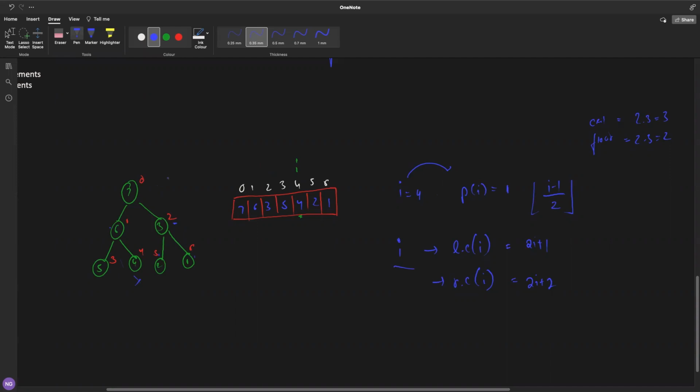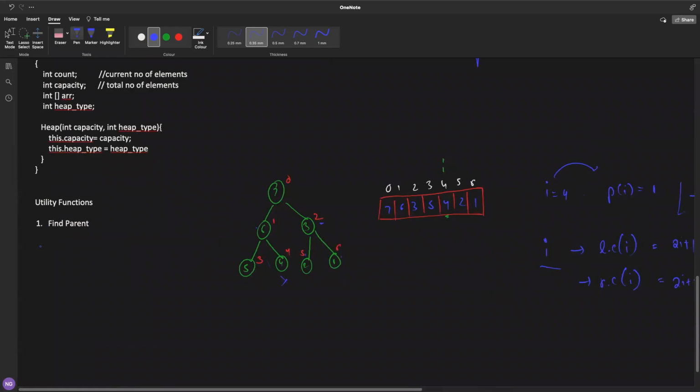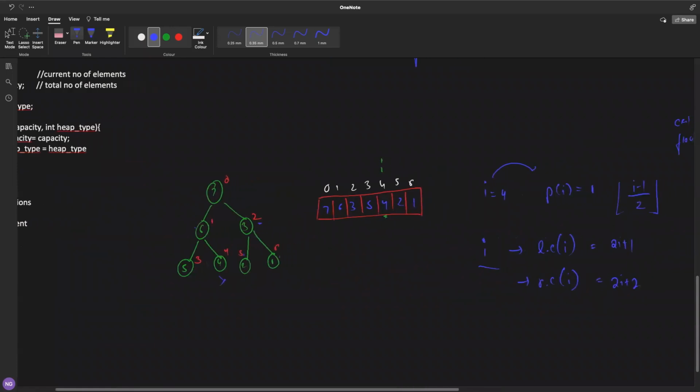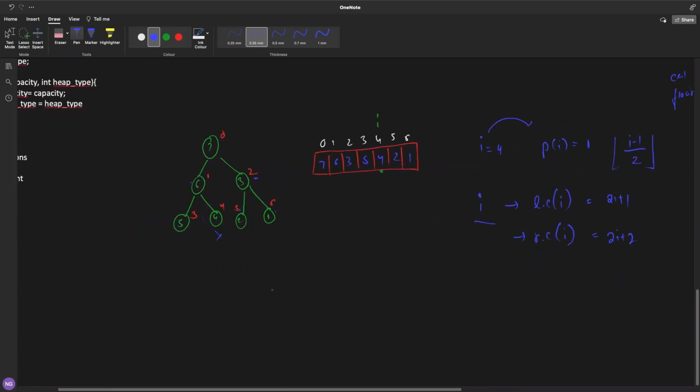So that is the case. Now, how will we write it into the code? So we have to write the utility code. Guys, one more important thing before going ahead: I told you while defining the class itself that we have